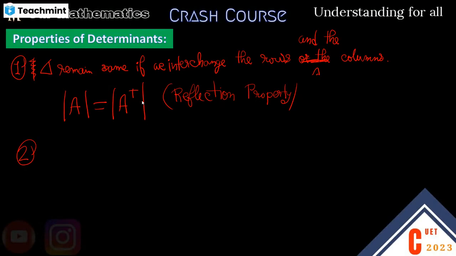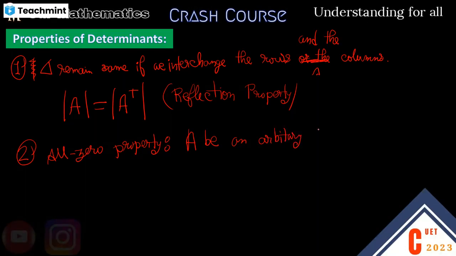The next property is called the all zero property. All zero property: if A is an arbitrary matrix that has an all zero column or all zero row,